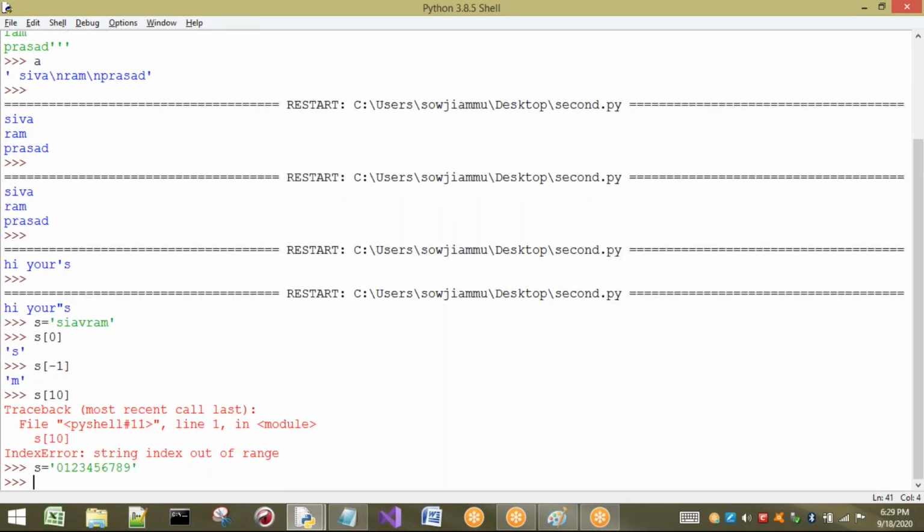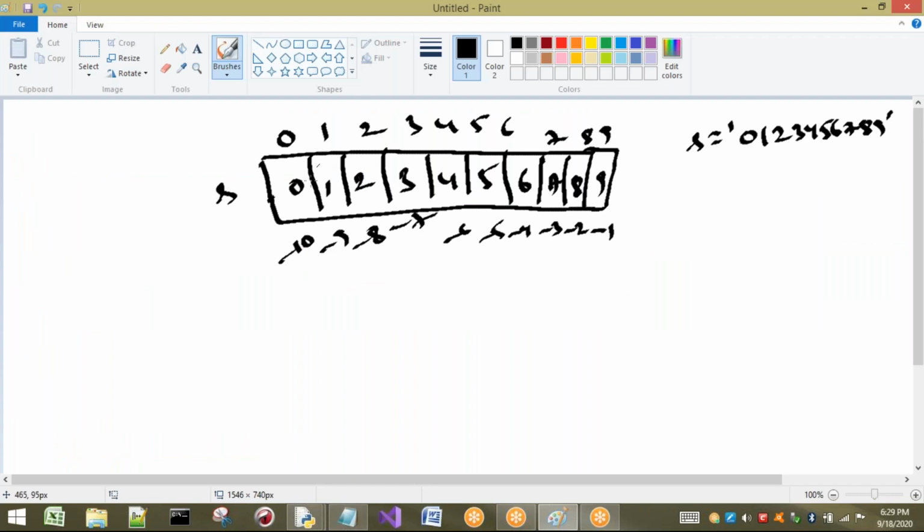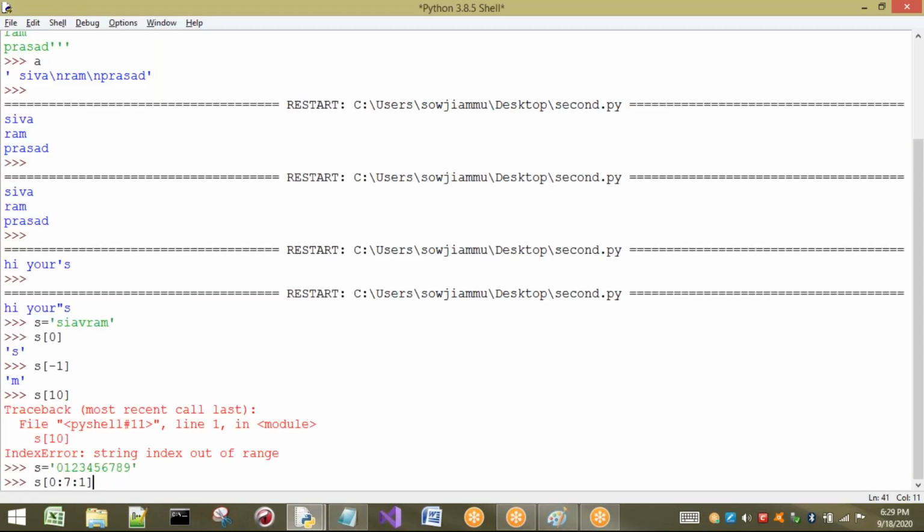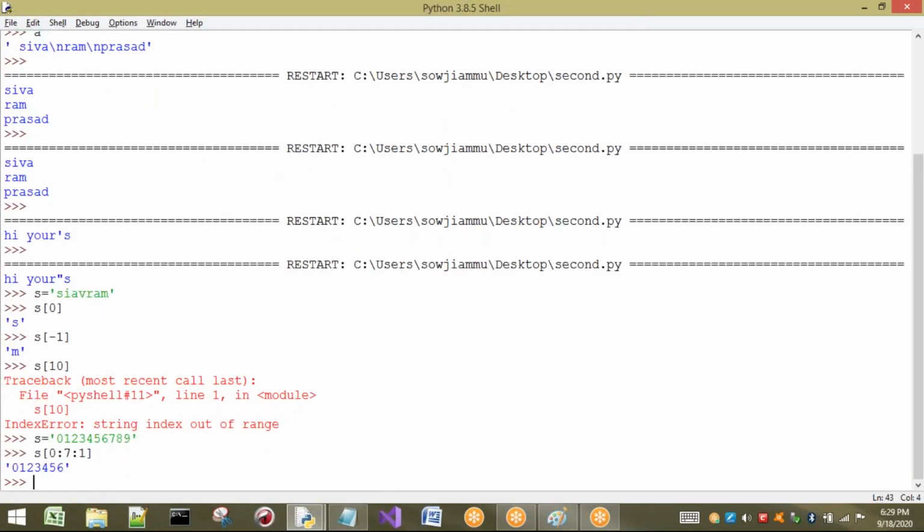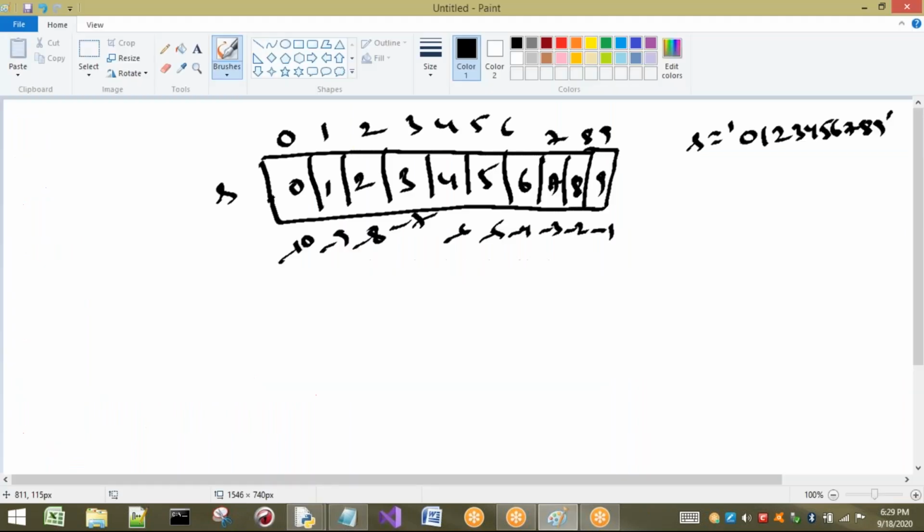I know about the positive index, so there is no need of explaining in detail. I want to print 0 to 7 with step 1. If you press enter, what is the output? It will print from 0 to 7 minus 1, because the end value is always going to be n minus 1.